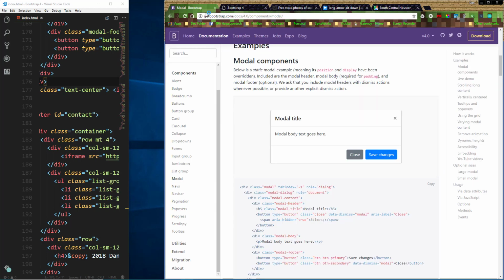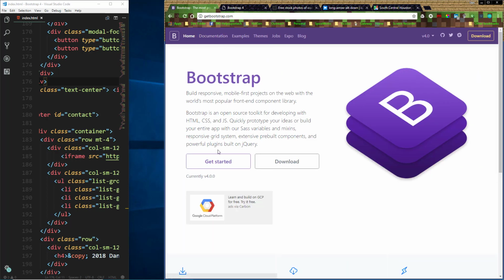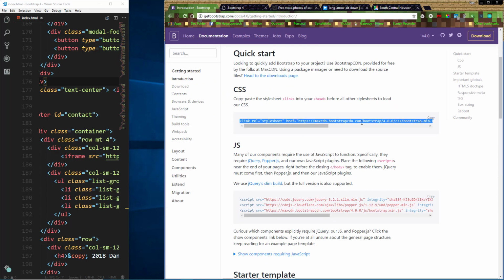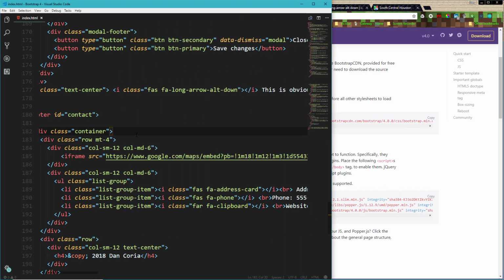At the very least, I hope that you see where to go and kind of know how to navigate the page components and the getting started, home, getting started, and these CDNs here for adding Bootstrap to your site. And get creative with it, have fun with it,